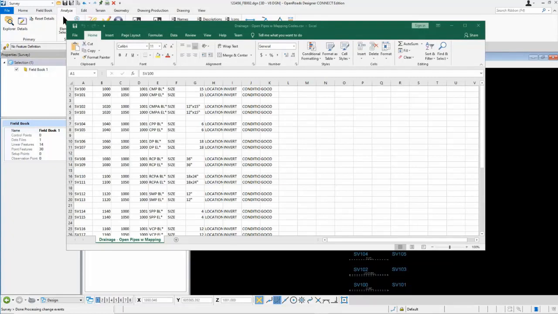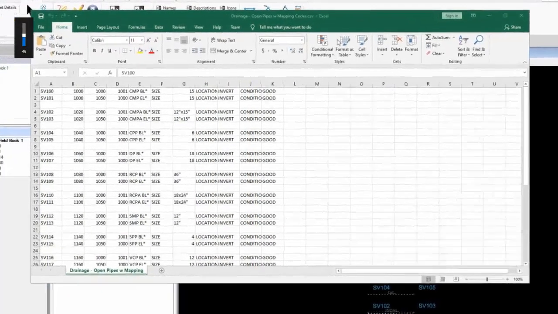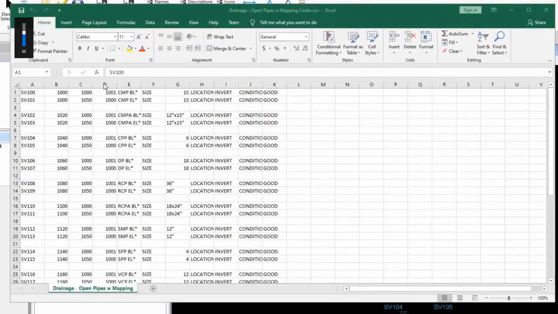Here's an example of some drainage information that was collected for some open pipes and culverts using a begin line and end line mapping code, and using the feature definitions that have been restored in the ODOT standards. It'll be in our next update. So looking at this CSV file, it's just a CSV open in Excel, and I've got point name, northing, easting, and an elevation.